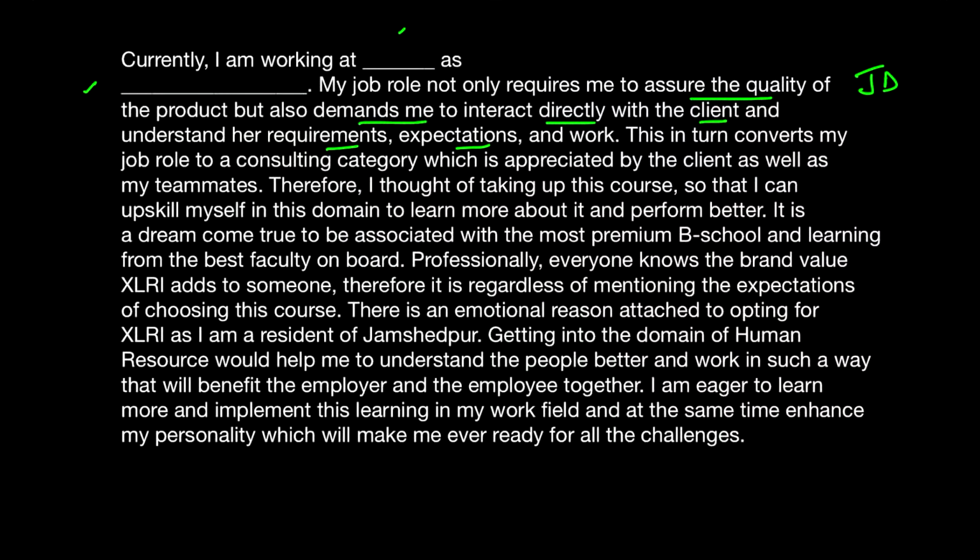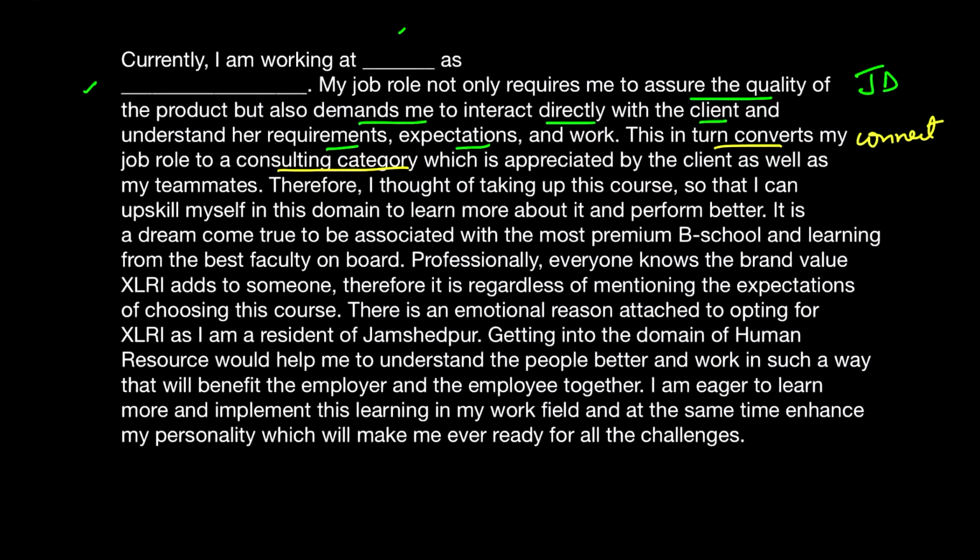Now, how I made a connect, please check. This is how I made a connect here. This converts my job into a consulting category because, of course, I deal with my client directly face to face. So every day we have a touch-up call, and therefore I'm actually working as a consultant where I'm taking up all the expectations of my client and distributing it among my team members that अच्छा आप ये कर लो क्योंकि client को ये चाहिए. So this is how I made a connect between my technical role and the management role.